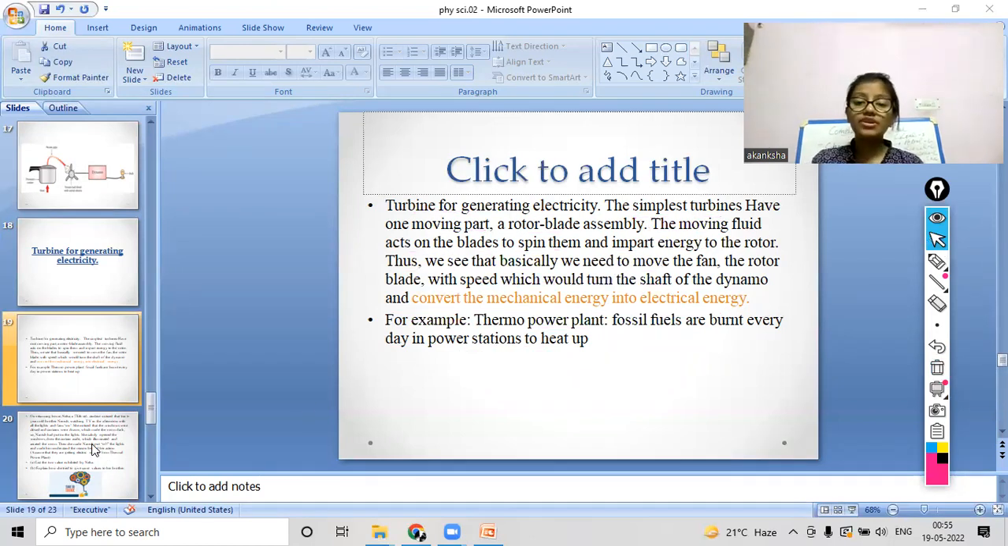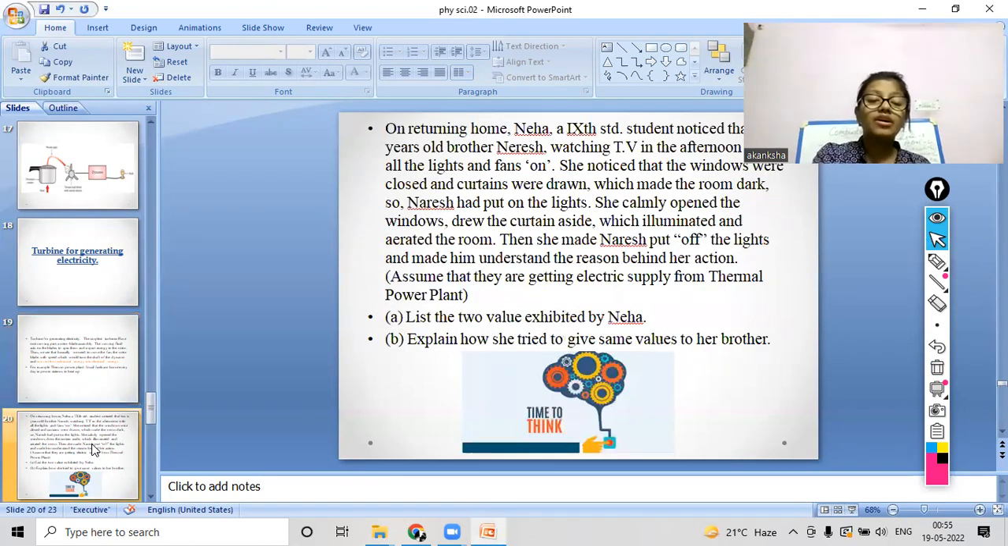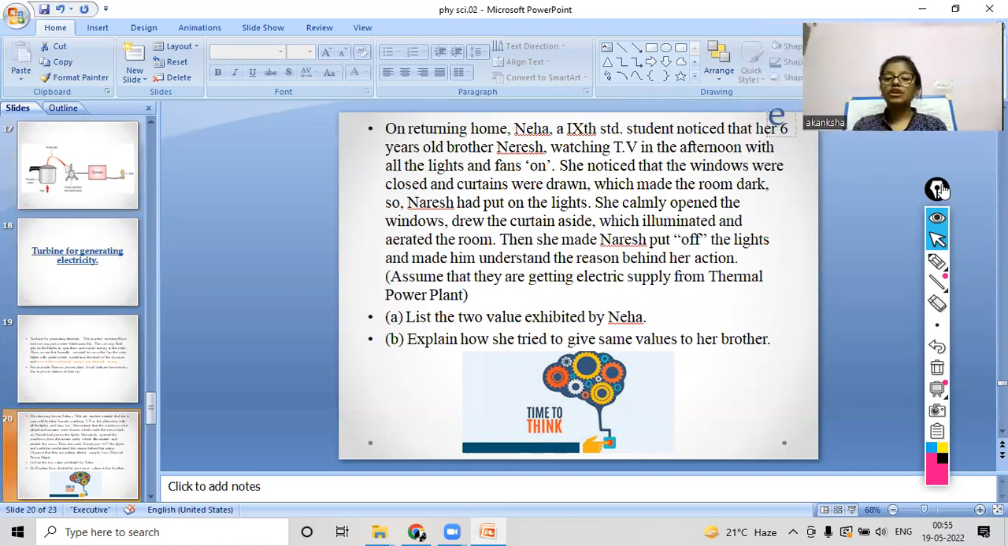And there are some more details. So now comes the curiosity question for you all. In this curiosity, let me make the screen smaller. So the curiosity question now is, on returning home, Neha, a class 9 student, suddenly noticed that her